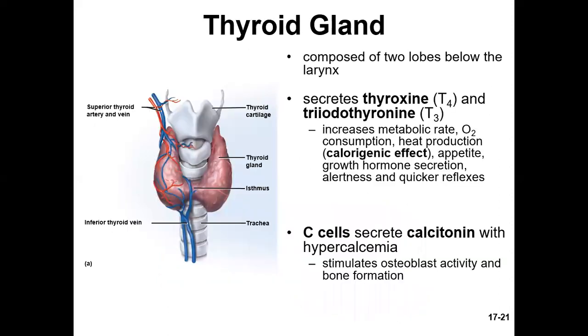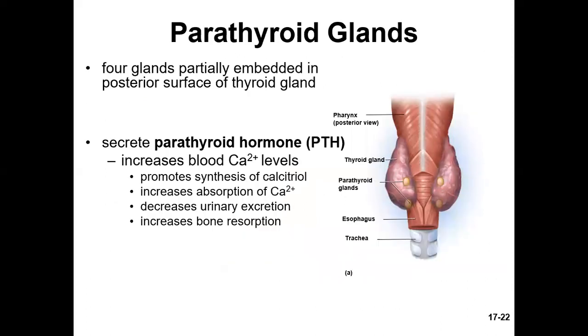When we get to the thyroid gland, just real quickly, this guy sits in your pharynx or near your larynx, composed of two lobes below the larynx. It's responsible for the secretion of thyroxine or T4 and triiodothyronine T3. And T4 has to go through conversions to get to active T3, by the way. The thyroid gland itself won't spit out a ton of active T3. It has to go through liver, kidneys, small intestines might be involved a little bit too in that pathway, as usual,